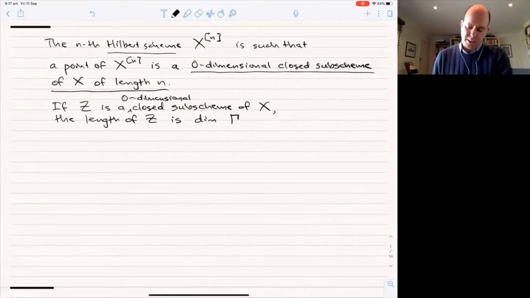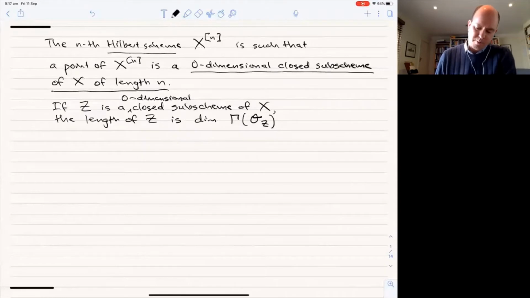The length is the dimension of the global sections of the structure sheaf of Z, and any such